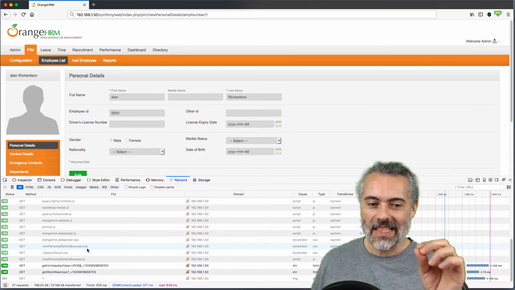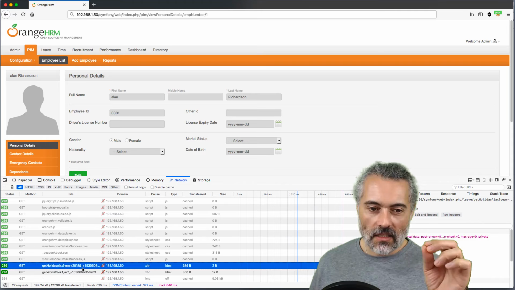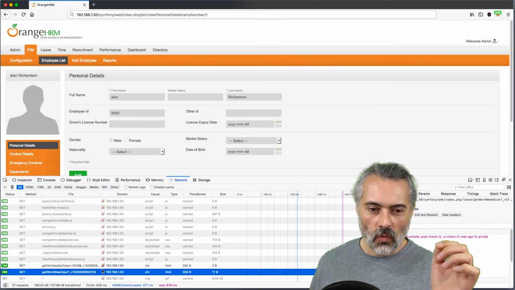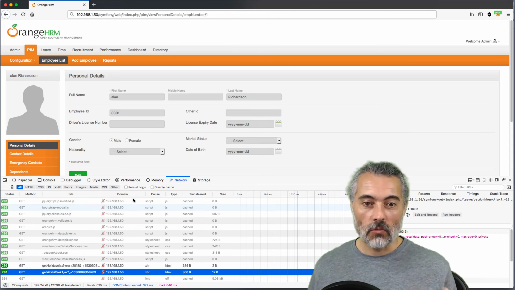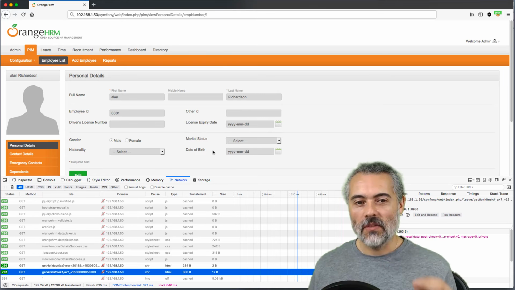Now, I haven't paid a lot of attention to the traffic, but I can see things like holiday years and work weeks. I don't know what that is yet because I haven't built a model, so I don't know how appropriate that is, how important that is for the testing that I'm doing here. But if I just focus in on